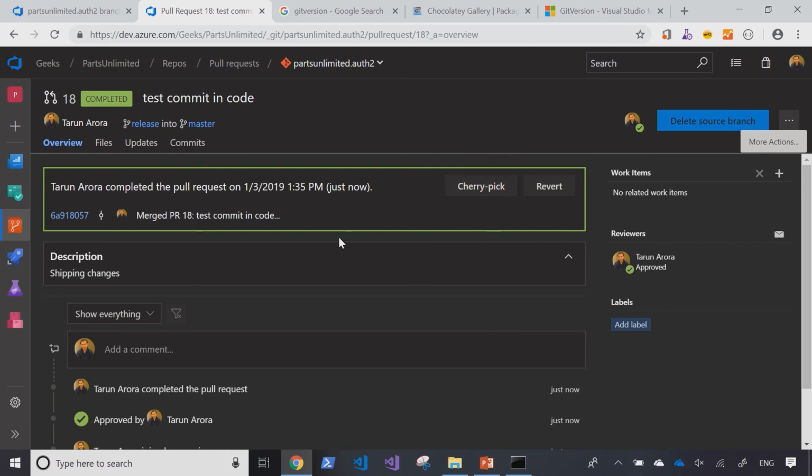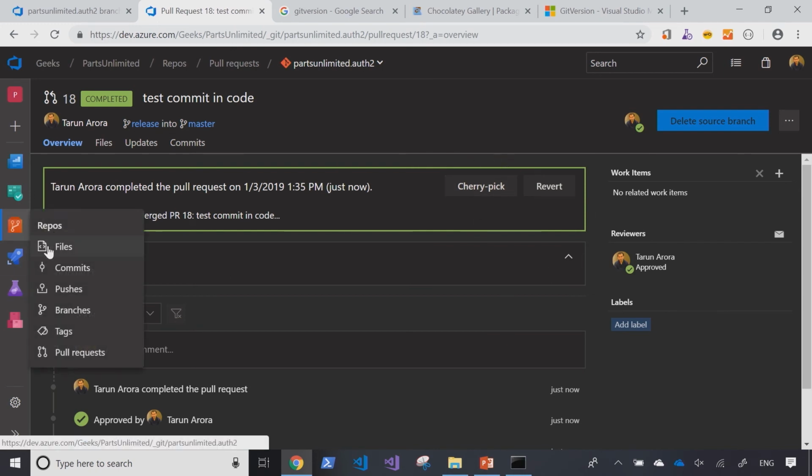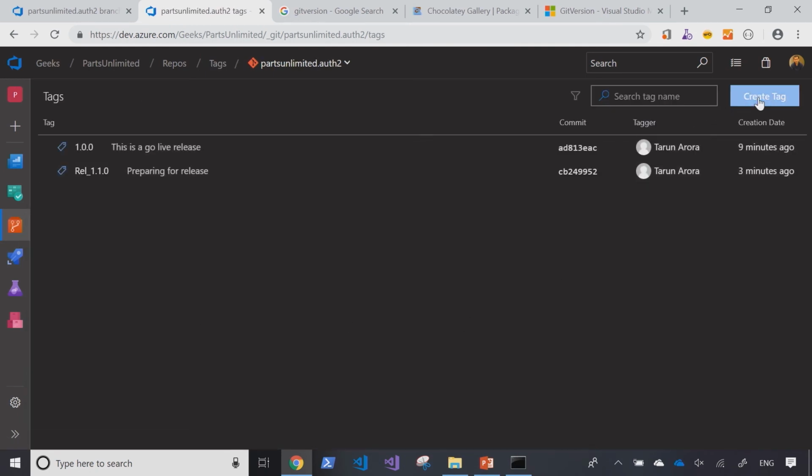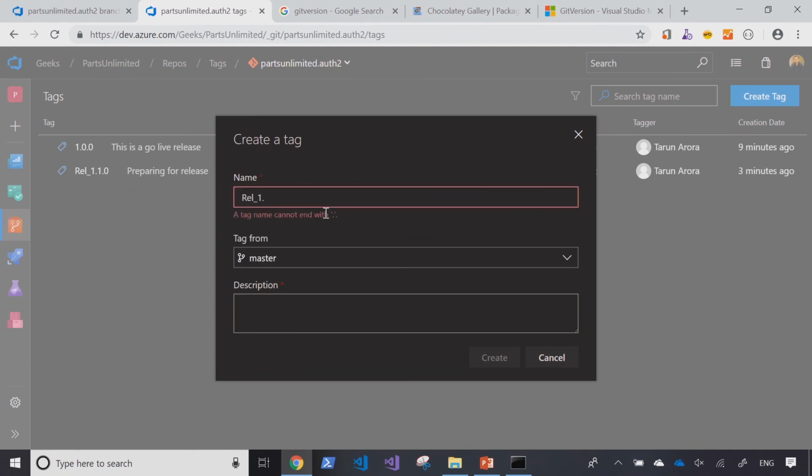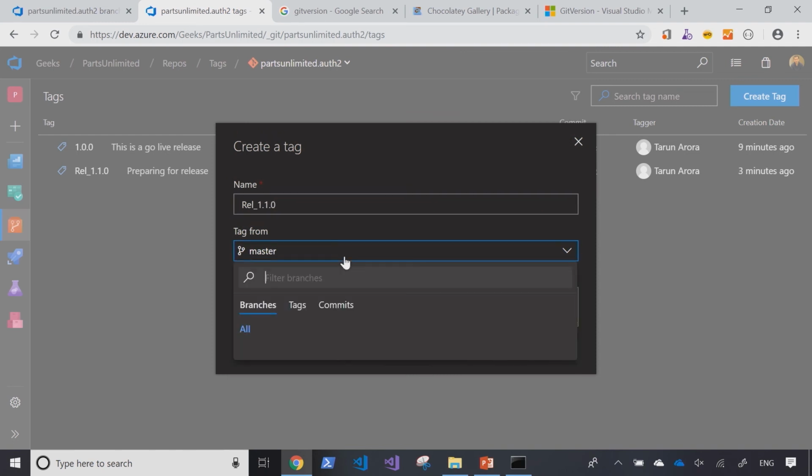And as you can see, the merge is now complete. So if we go back to the tag section and create a new tag called release 1.1.0 on master,